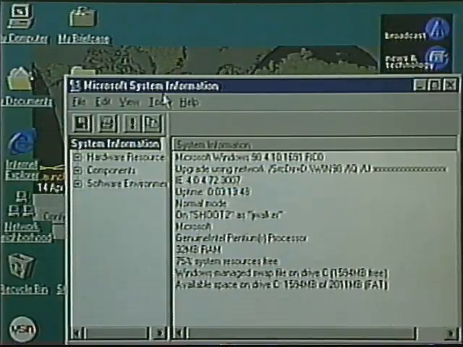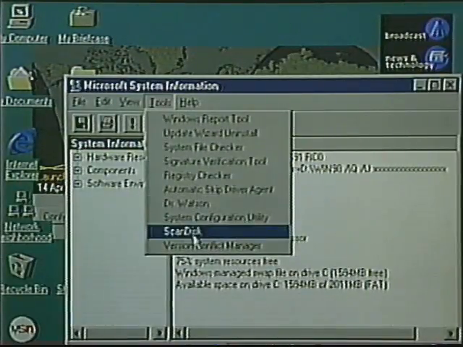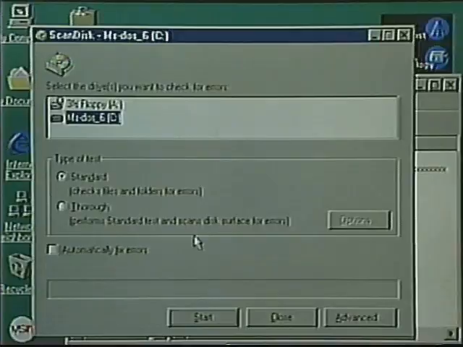We select the Tools menu, choose ScanDisk, and the ScanDisk dialog box appears. Notice we can either check our hard drive C or the floppy drive A for errors. We also have options for performing the test. The standard test checks for FAT problems plus others, while the thorough test runs the standard test plus checks the